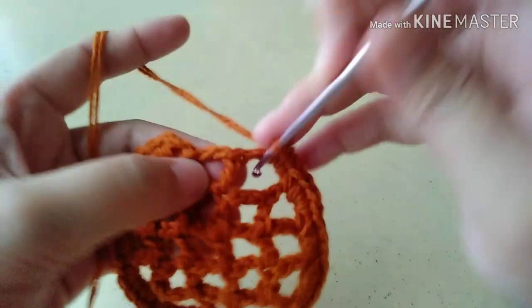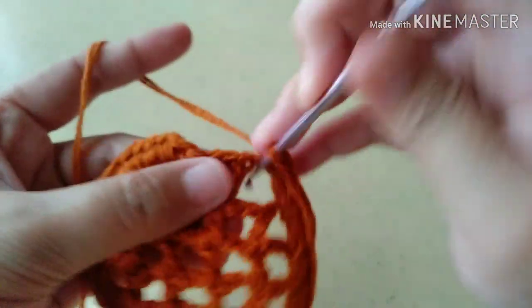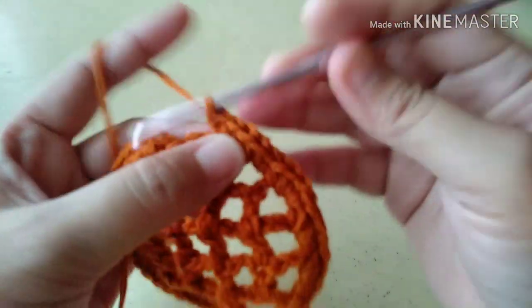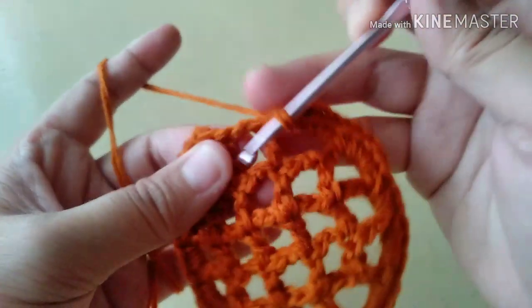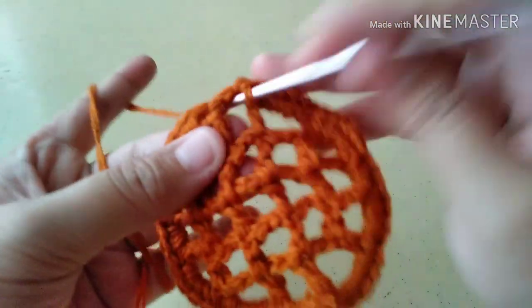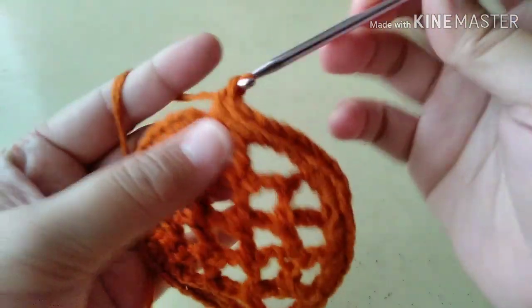2, 3, 4, 5, and the last one gets 3 single crochets. 1, 2, 3,